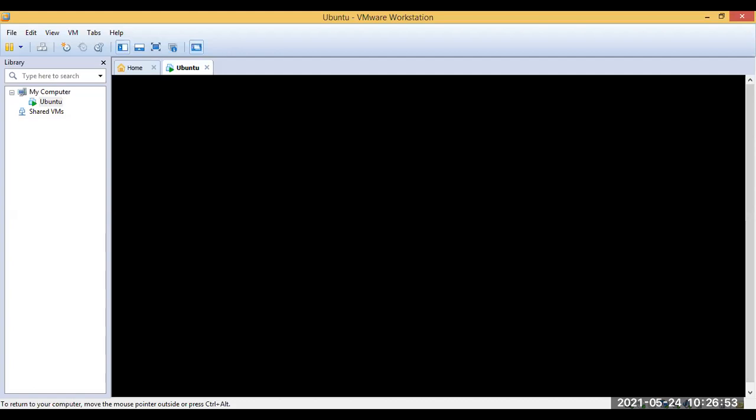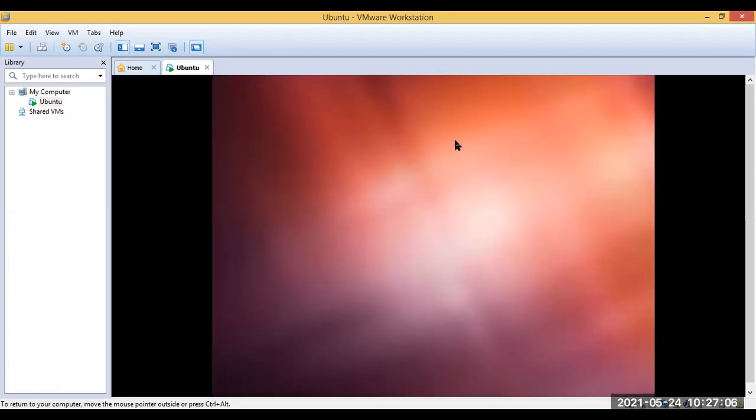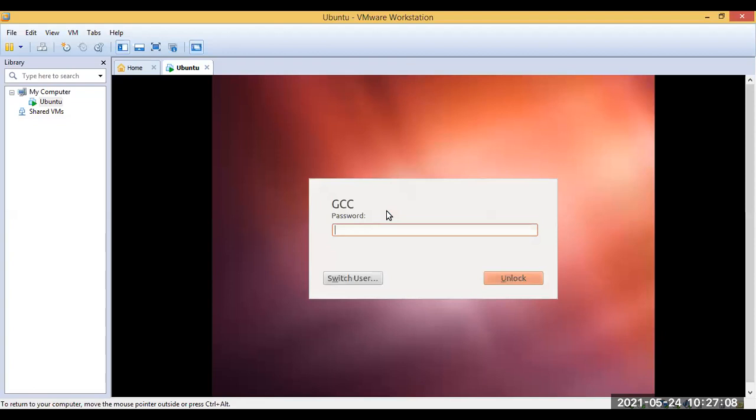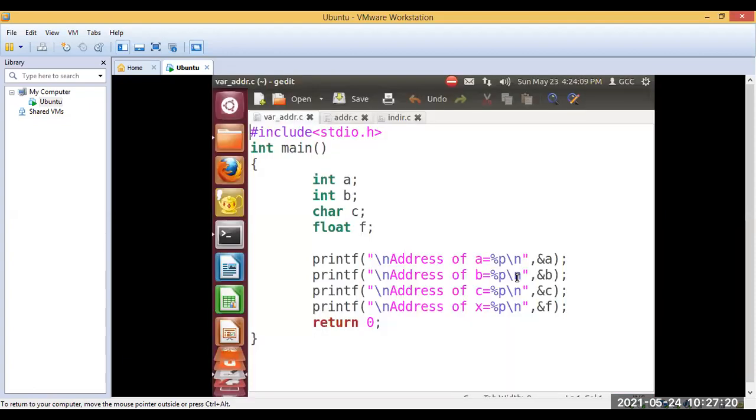Last year you people have worked on Ubuntu for C programming. How did you execute C programs? Can anyone tell me, in which interface? Genie editor. Okay, Genie. So you people are used to this interface. If you do not have this installed on your systems, you can go for any online editors available online, or there are certain apps at the Play Store you can download and try to execute it on the mobile.